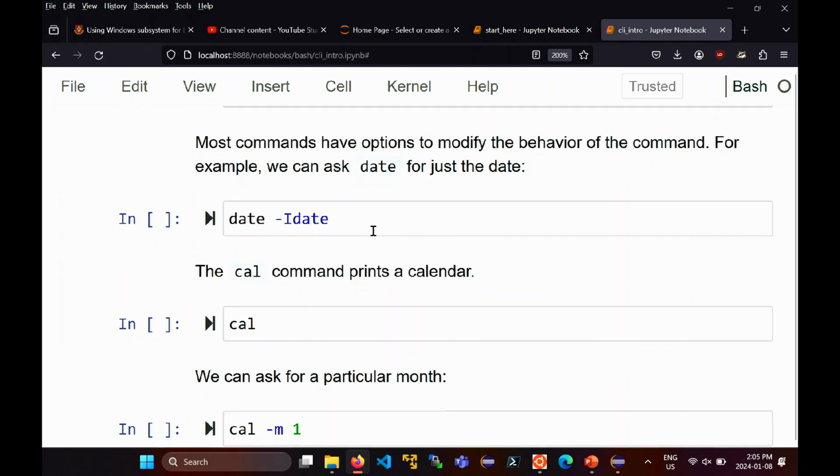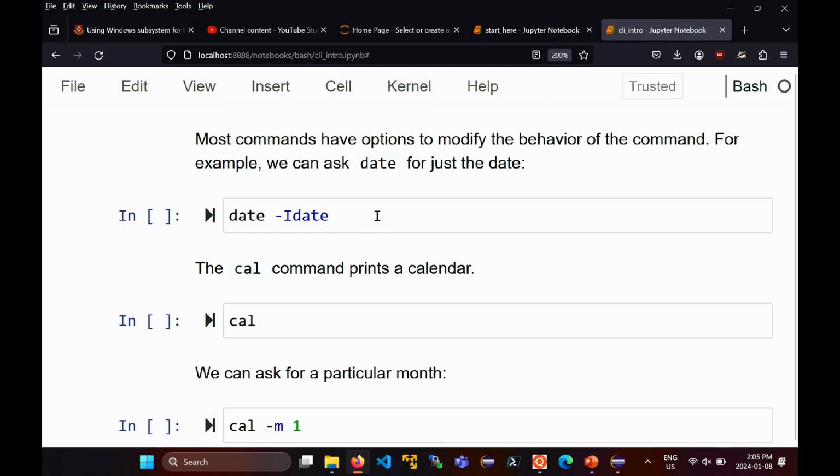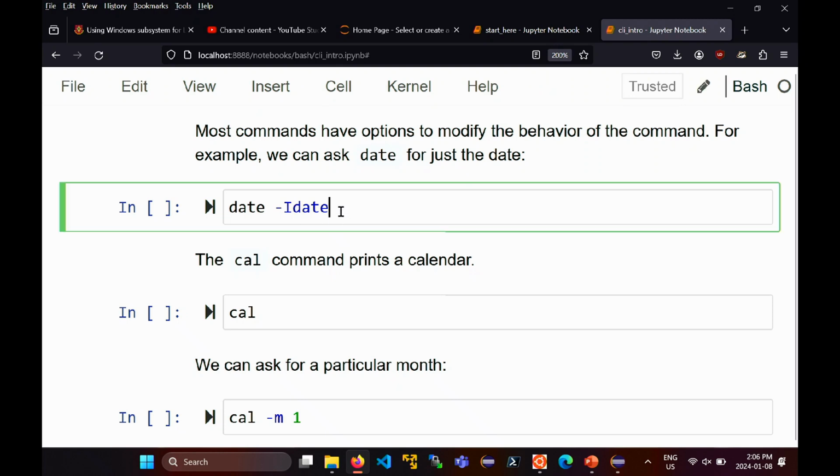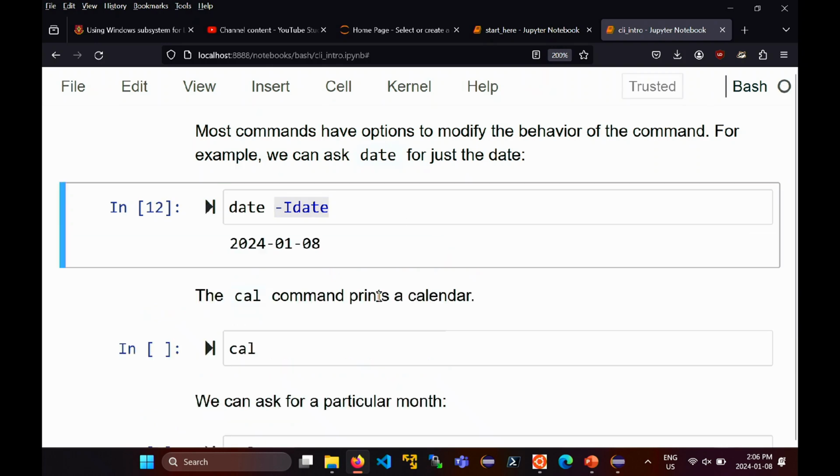Okay. So what I haven't shown you yet is that you can modify the way that a command behaves. The way that you modify the way a command behaves is you pass it some options. So date, if you're not using Mac, has this option. I'm going to explain that in just a second. If you're actually on a Linux machine and you write that, that gives you just the date. It doesn't give you the time. So -I date tells you the current date in some nice format.